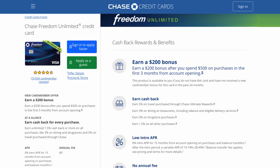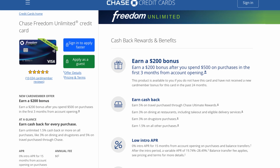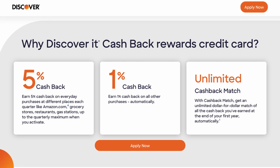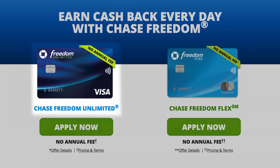And so I would have chosen the Chase Freedom Unlimited card because now this card can serve as my catch-all card for all of my everyday expenses, while I could use the Discover It card to maximize those 5% rotating quarterly categories. I know one question that may come up would be, why would you choose the Chase Freedom Unlimited